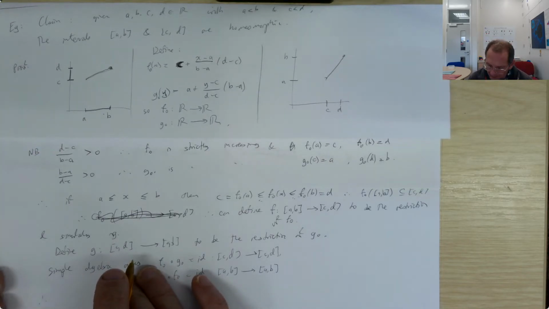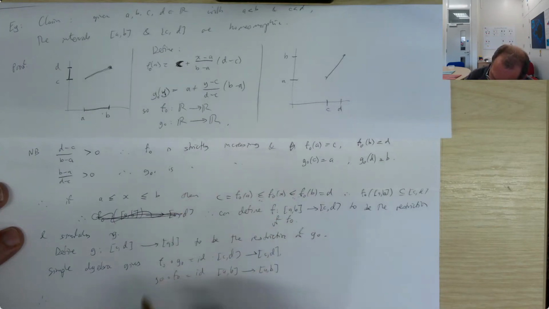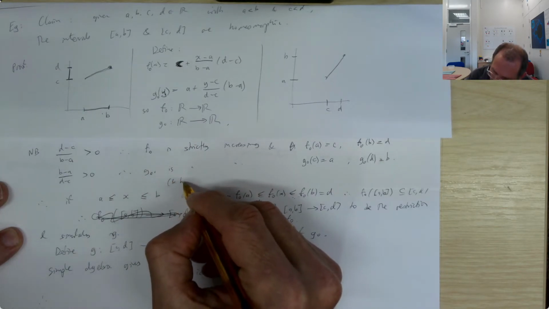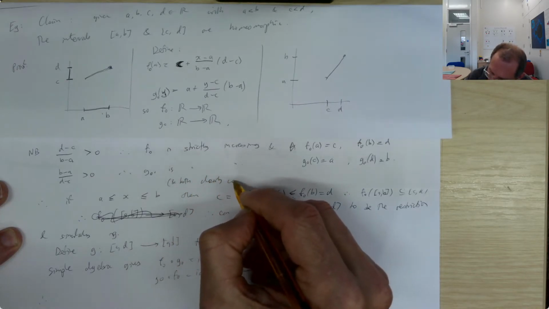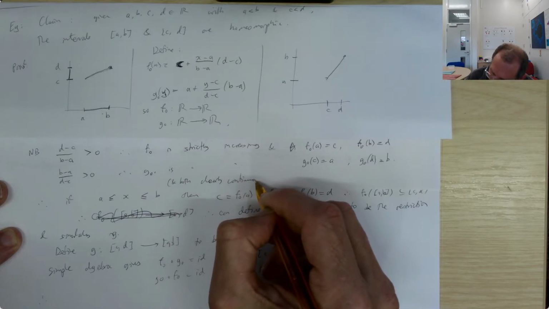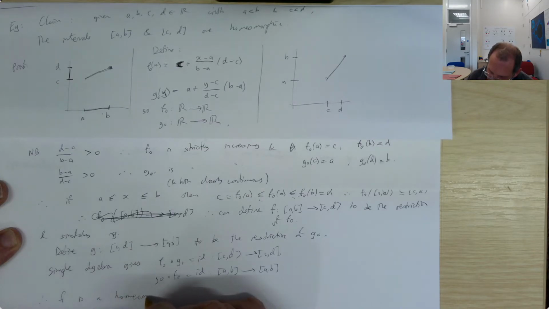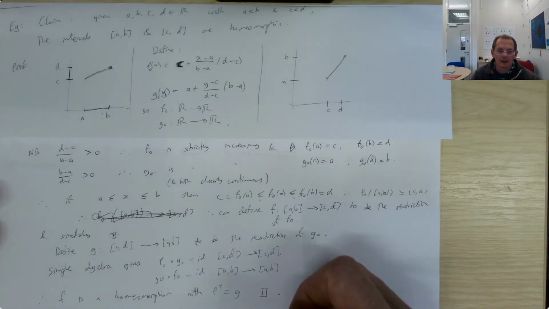So that means that, and we should also mention here these are both clearly continuous. Okay, so we get f is a homeomorphism with f inverse equal to g. Okay, so